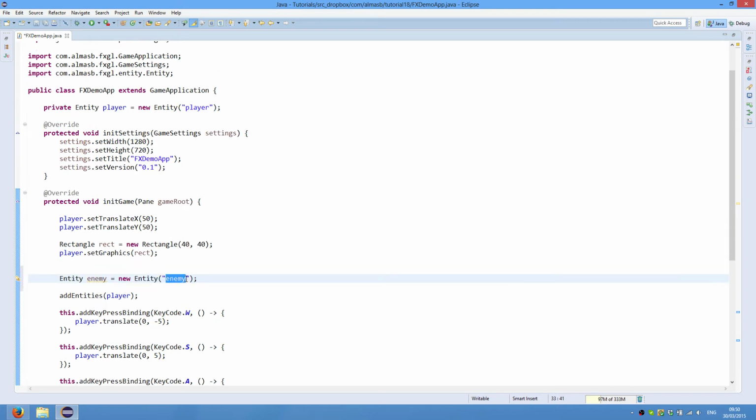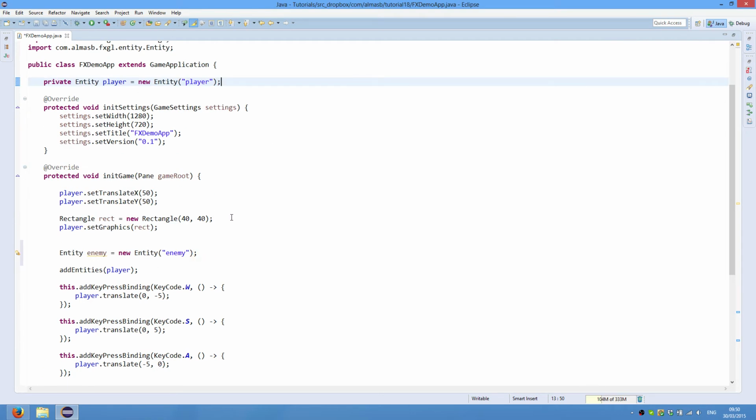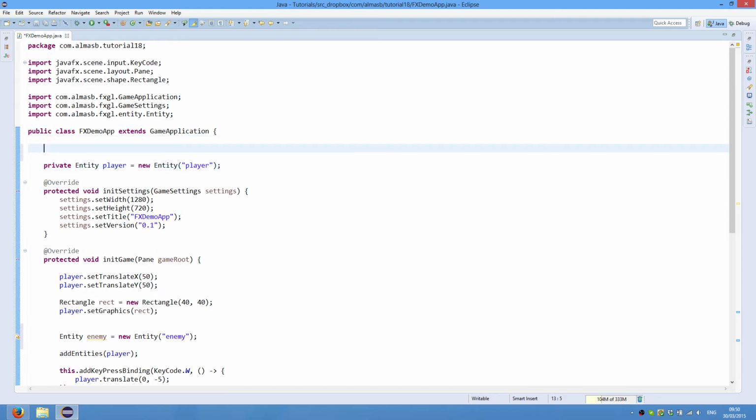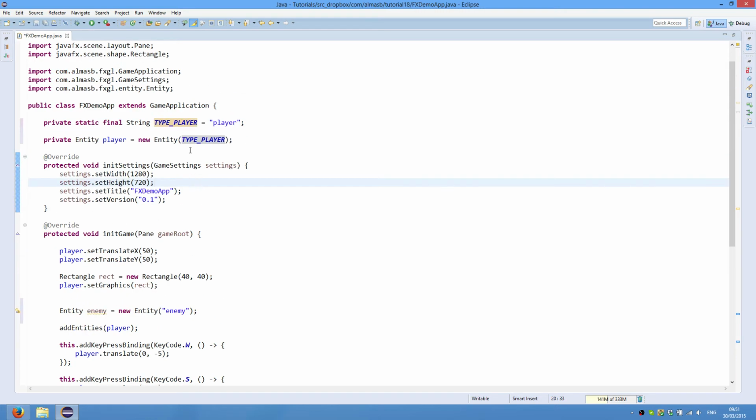This string is, because it's not being type checked, the best thing is to use constants, so like private static final String TYPE_PLAYER, and then do this, and do that here, so that you can check that you haven't made a mistake or a typo when typing out